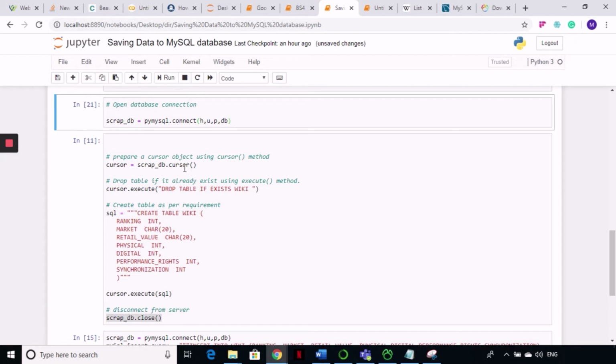So this is my database now. I have assigned it to a variable scraps_db, and on this I'm calling the .cursor method. So I'm assigning it back to the cursor object. So cursor is